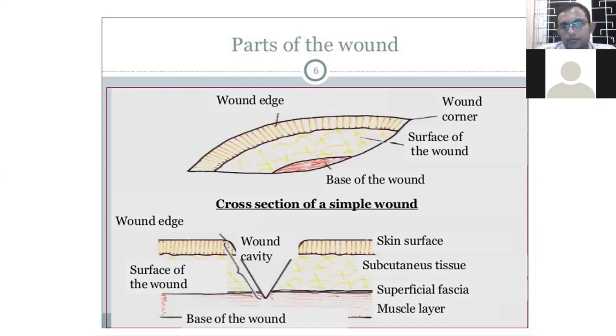So, the surface of the wound, what does it carry? Ideally it should be clean, healthy granulation tissue. So, what sort of granulation tissue is it? Is it slough? And in the base, I'm going back to the base, one other important thing is pus. And talk about the surface. So you have to identify what sort of granulation tissue is there.